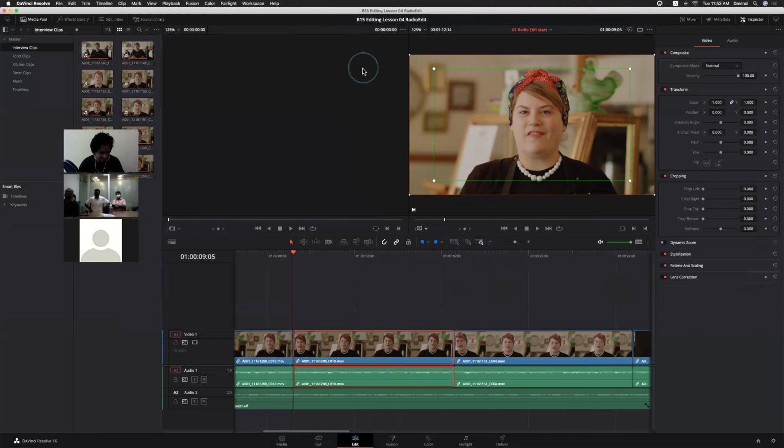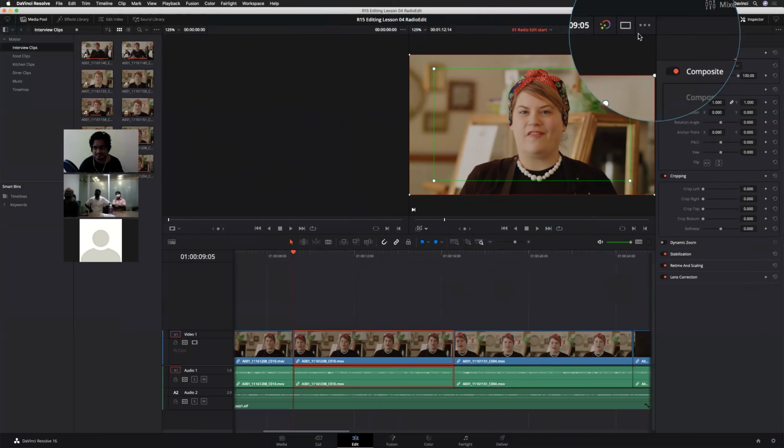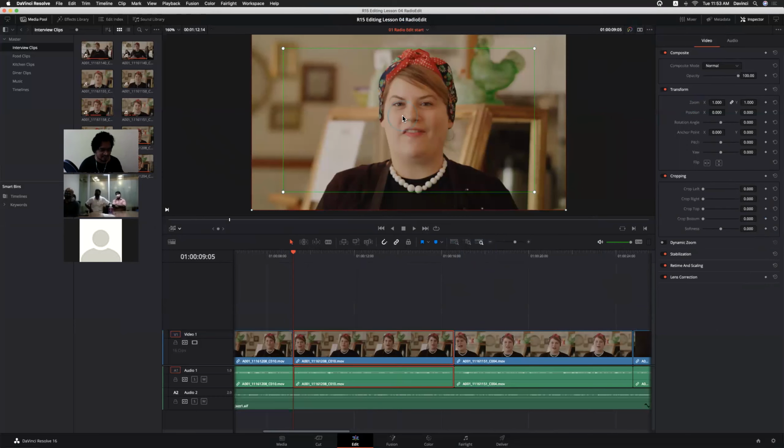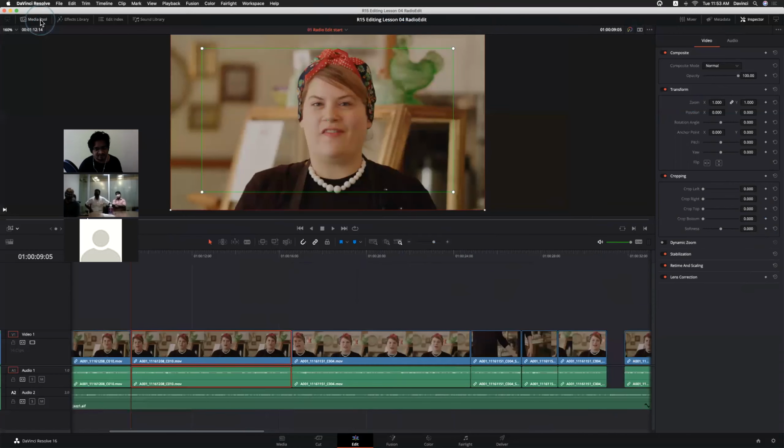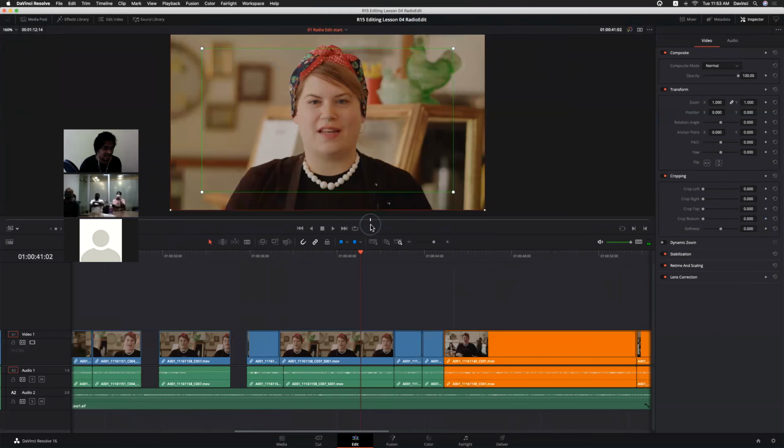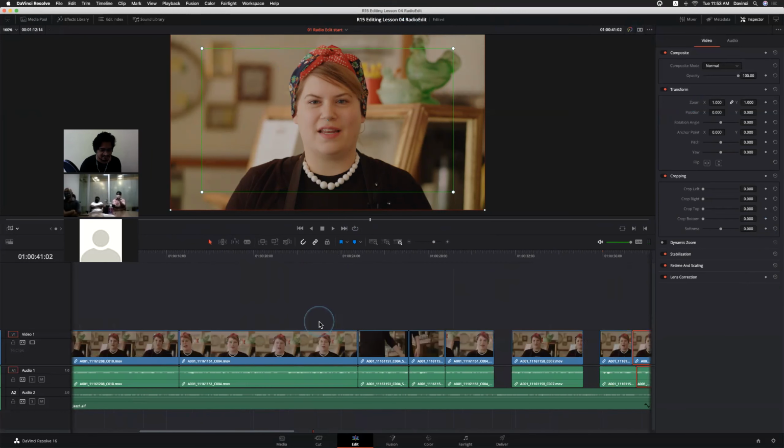Okay, right now we don't need this source viewer, right? We can hide this one by clicking this button. Now we can see only the timeline viewer, only the canvas, so that we can utilize the entire area. Even if you want to hide the media pool, just hide it. And we can even save this interface also. We will discuss how to save the layouts and everything a little later.